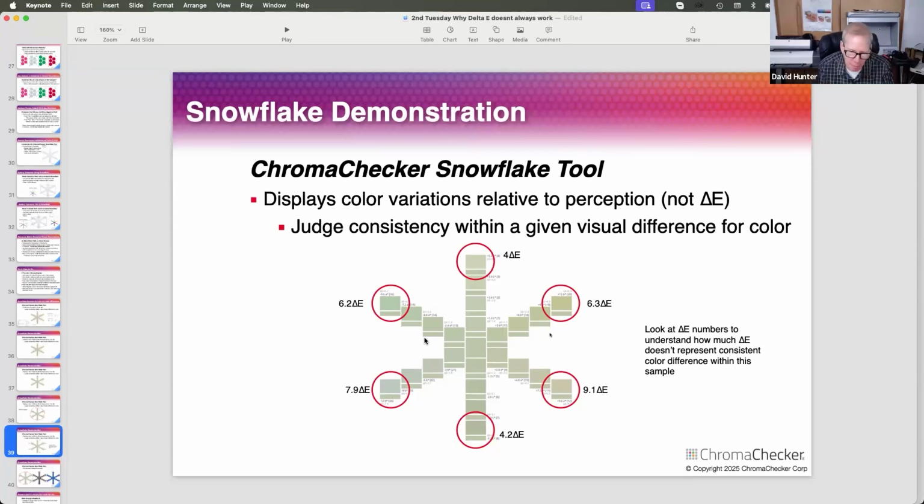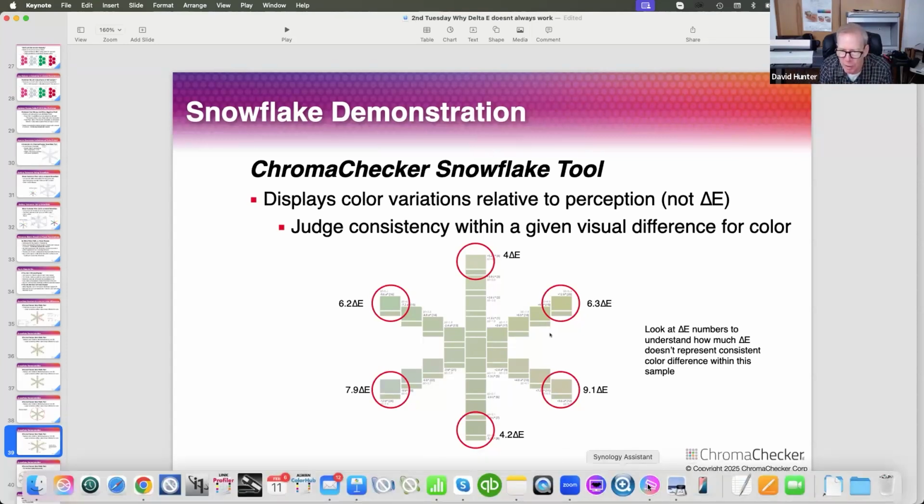You can do it a couple ways. My RIP is Print Factory, driving my Epson. And what I do is I set my RIP with color management turned off, and I save my files in device CMYK. So the Epson CMYK profile that Print Factory made for me, I take out of Print Factory, I put into ChromaChecker. And then when I build the snowflake, so let's do this, I'm going to go into my